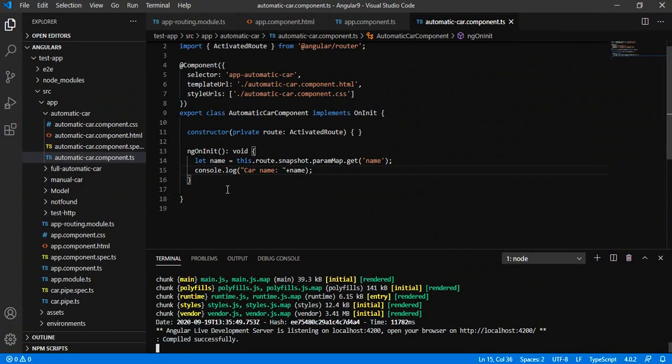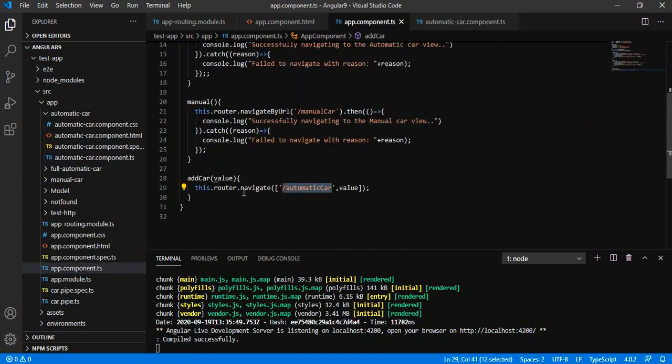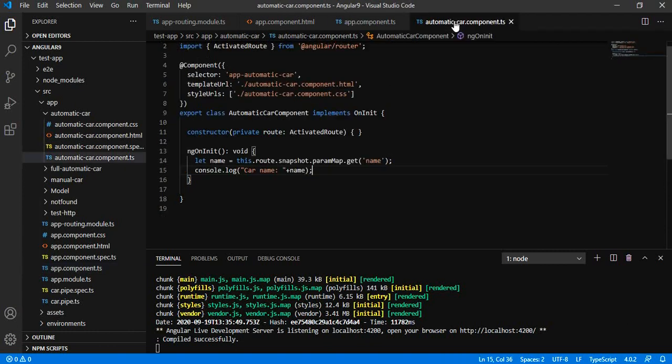And what we have defined: when we click on the button, then this particular navigation will navigate to the automatic car view with the value, the given name, and we are simply doing console.log, means we are printing the value on console window.